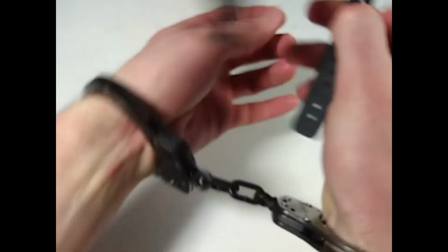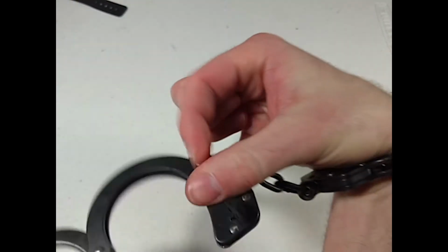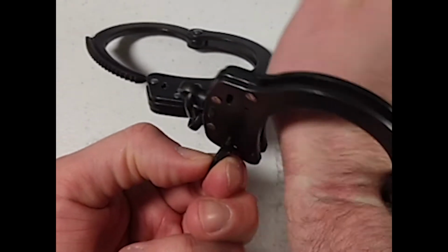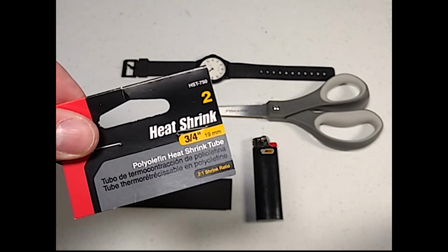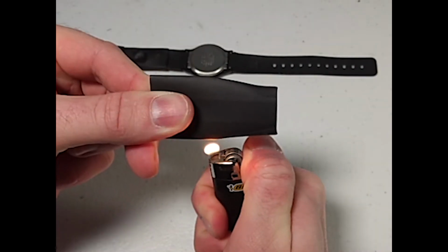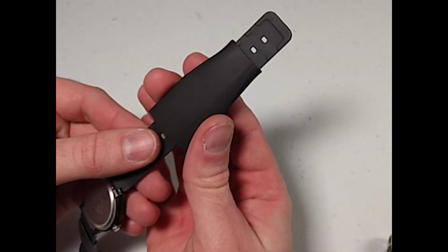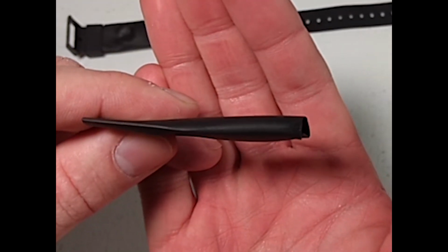Concealing a handcuff key on your wrist can be very helpful when you are cuffed to a fixed point, especially one that is above your belt line. Since I wear a cheap Casio with a rubberized band, I can use some shrink tube to conceal a key. Cut the tube to length and slowly sculpt the tube into the width of the watch band. Heat one of the flat sides so that it lies flush with the band, while leaving a pocket on the